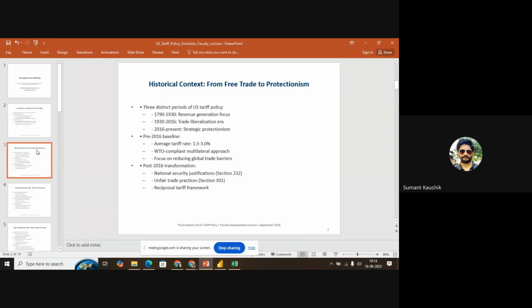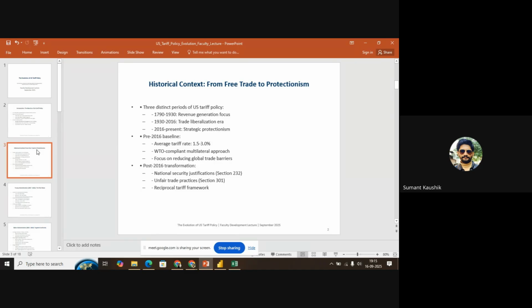So there is a period of free trade, that is 1790 to 1930. The revenue generation was the focus. So the US tariff policy was to generate revenue, not to discourage the imports, but to generate the revenue out of the taxes. 1932 to 2016 was the period of trade liberalization, when, as I already mentioned yesterday, in this